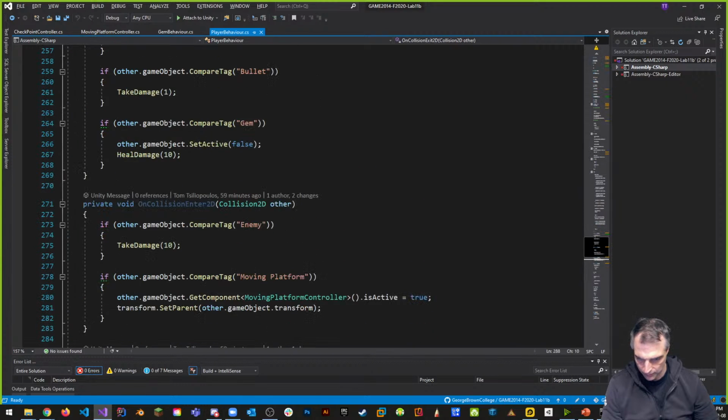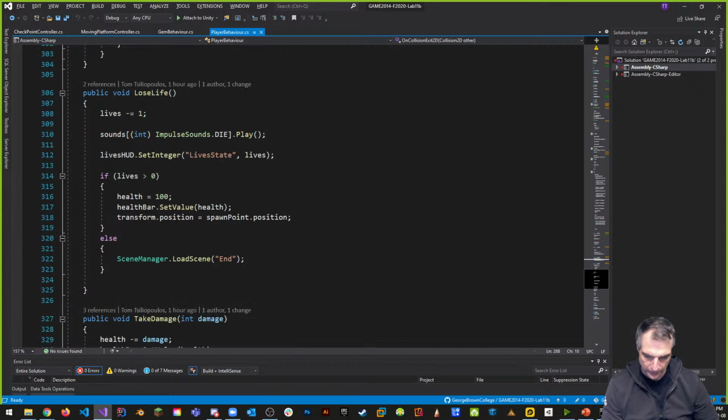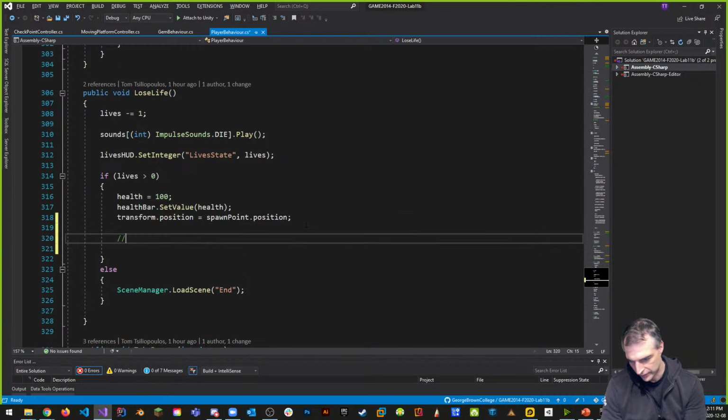So the player dies, lose life as an example, and when the player loses life, this is where the respawning happens. Transform.position is equal to spawn point.position. This right here, when lives are still greater than 0, would be the place where either we